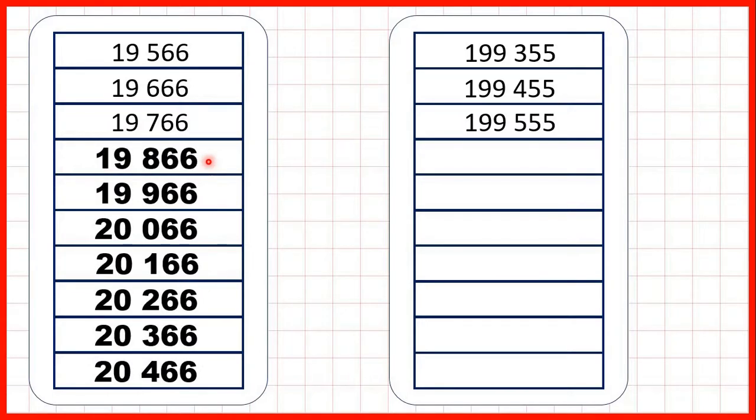Well, if we show them, we can see that counting on in hundreds is just like counting on in ones, but with our tens and ones digits staying the same. And that's because we're adding 100 each time. So now we have 199,355, 199,455, and